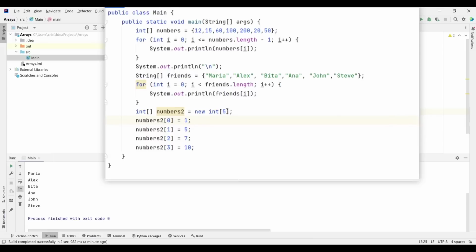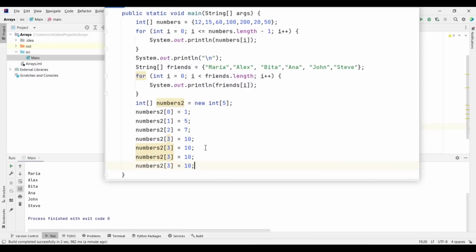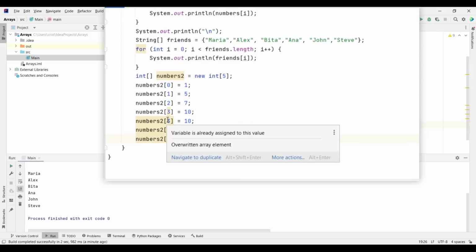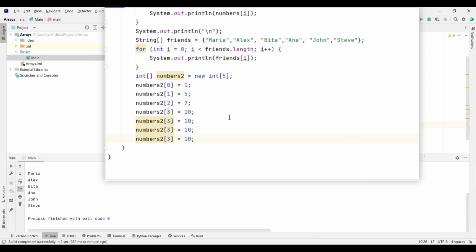This is the size of the array. So if I try to put, let's say another, I'll type numbers here again. Actually, let's press Ctrl D, again Ctrl D, again Ctrl D, and if you hover over, it says the overwritten array element variable is already assigned to this value. So let's delete this,